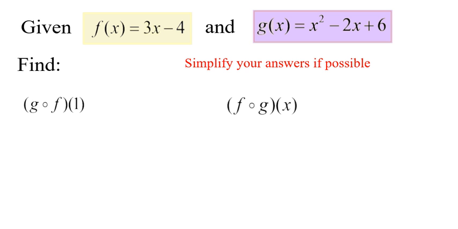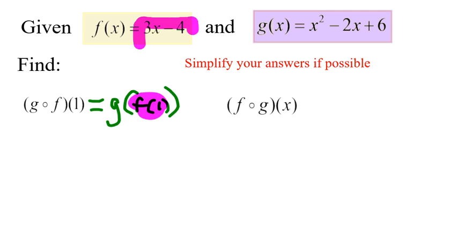I'm going to start off with a constant, and basically what you have to realize is that you're always going to start on the inside, and if you don't like it looking like that, then feel free to make it g of f of 1. And then you have to calculate f of 1. If you want to calculate f of 1, that just means you're going to take this function f, and everywhere you see an x, you're going to put a 1, right? So I'm going to write